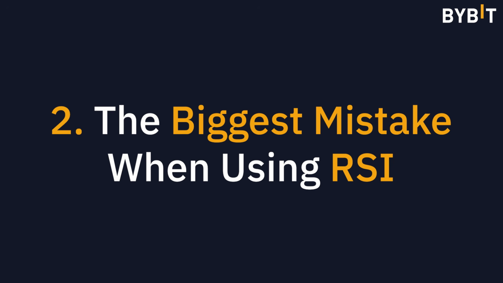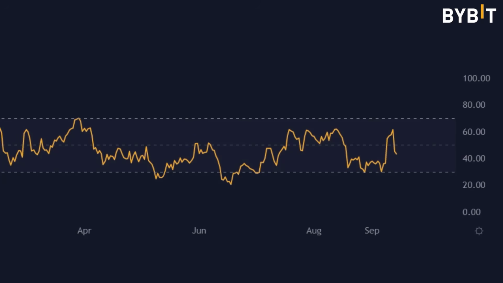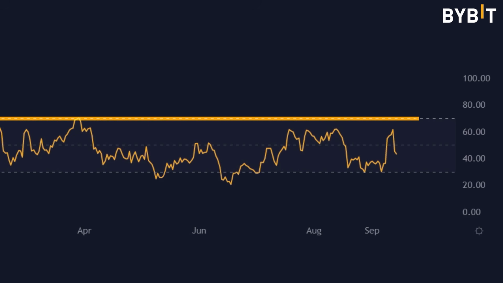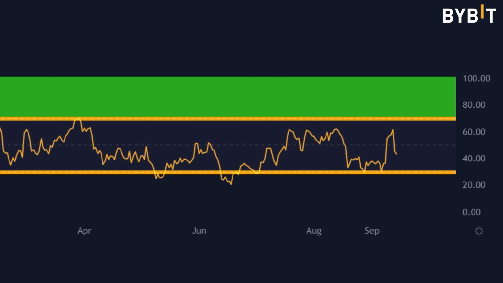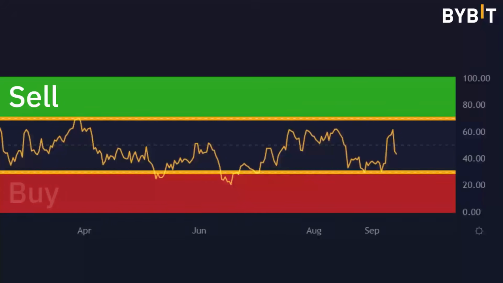One big mistake that many of us traders make is that we want to sell when the market's in an uptrend, or we want to buy when the market's in a downtrend. Part of this could be with the way the default is set up on the RSI. If we take a look at the RSI, it automatically comes with two lines on the chart, a line at the 70 mark and a line at the 30 mark. And I think that naturally makes people want to sell when the RSI line gets above 70, or buy when the RSI line gets below 30.